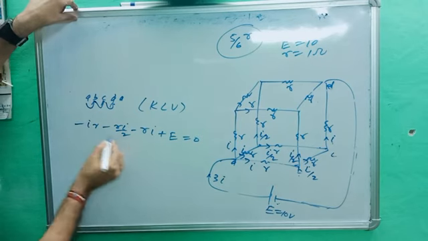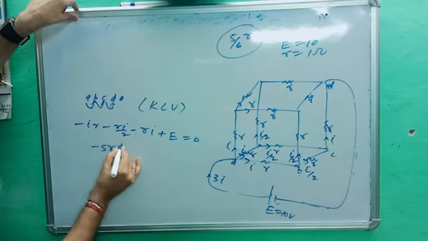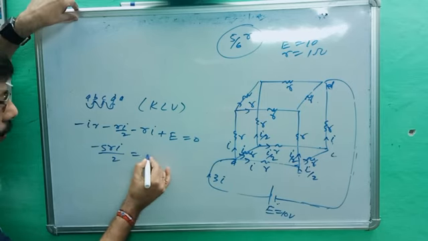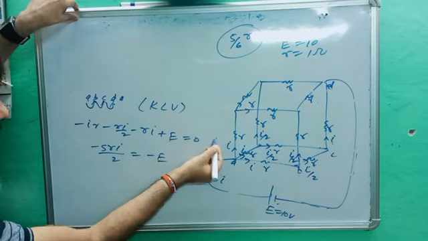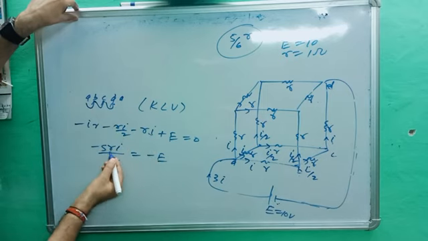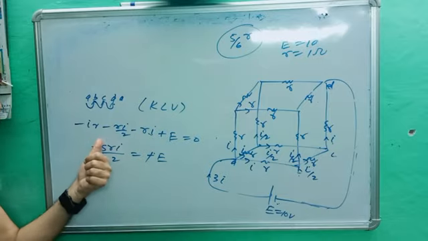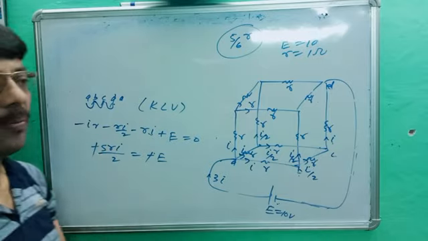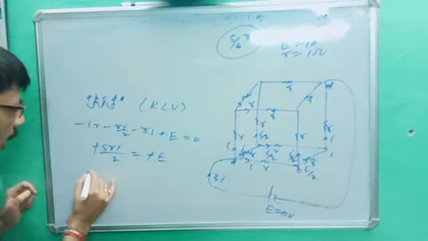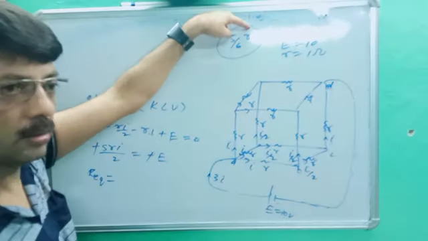What do we get here? Minus 2IR, minus IR by 2, minus 2IR, so minus 5IR upon 2 is equal to minus E. It will be minus E, and 2 is the LCM: 2IR, 4IR and IR, total 5IR by 2, the minus cancels. So E is equal to 5IR upon 2. First we will find the resistance, the R equivalent. We know the value of resistance is 5 by 6 R by the direct method.